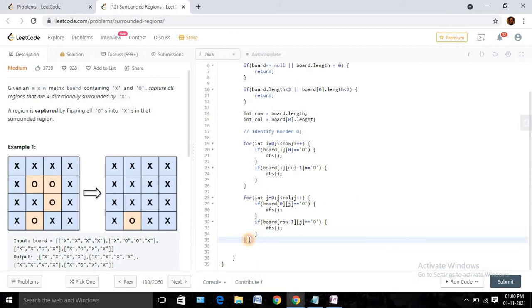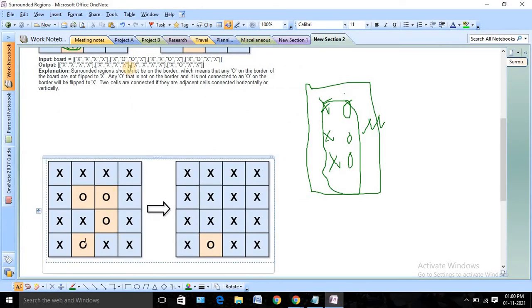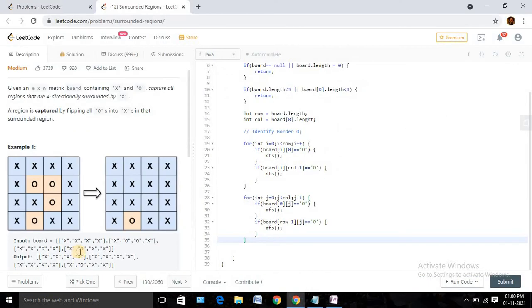Now, what I will do, so what was our approach? Now I suppose if we consider this example, right? Now I found this O, right? Now I need to replace this O with some dummy character, any default character, right? So that later, whenever we flip the value from O to x, we will not consider this edge or border O, right? So we will use some different character, apart from either x or O.